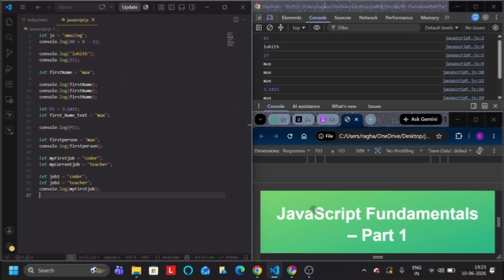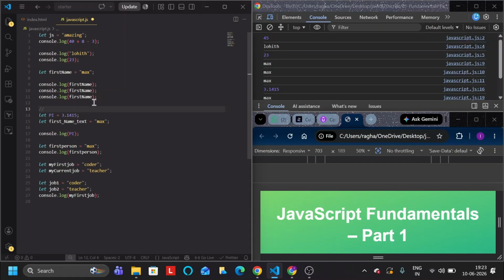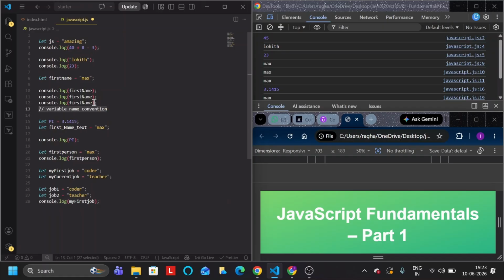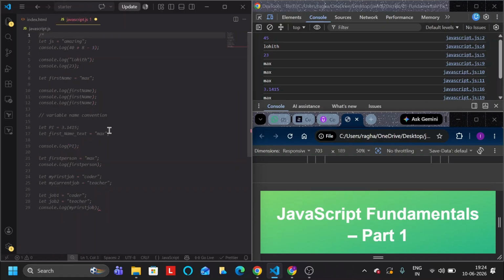Let's continue from the previous lecture. So firstly, we don't require all this code right now, so let's just go ahead and divide this code. We'll just write here our variable name and convention from the previous video. So we'll just select all this code here. Just go ahead and do this /star, and after done with this, we'll write